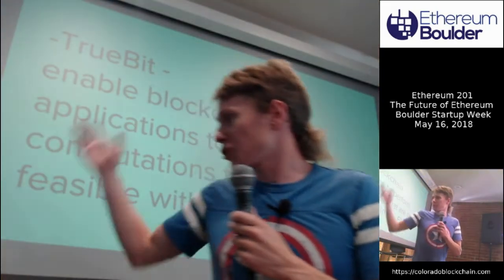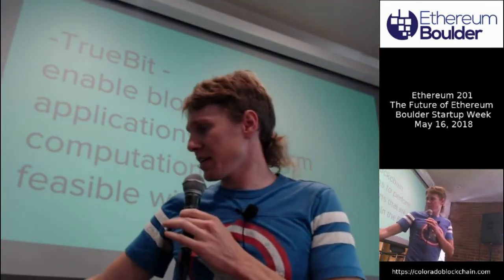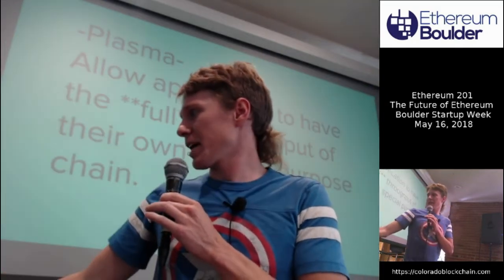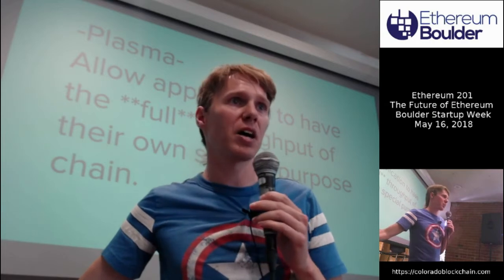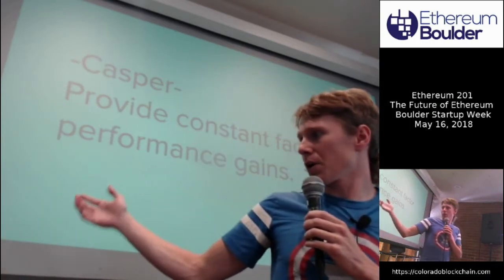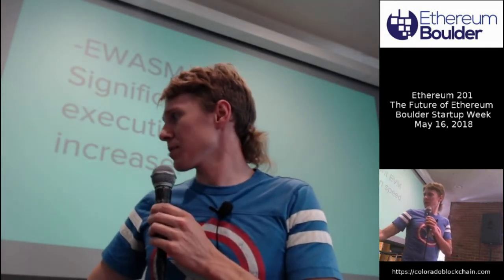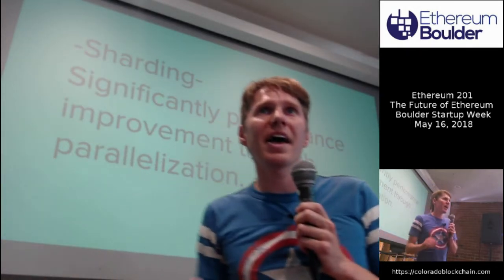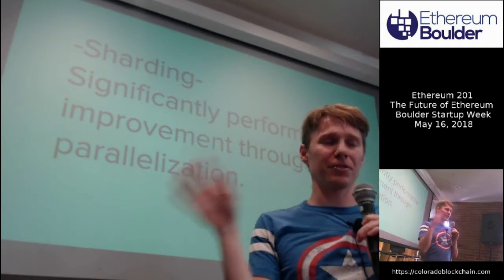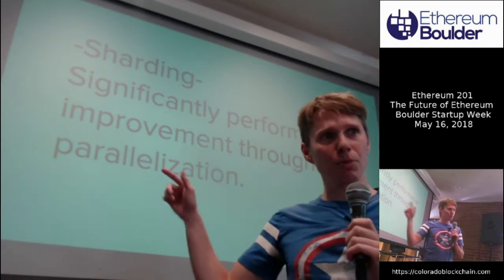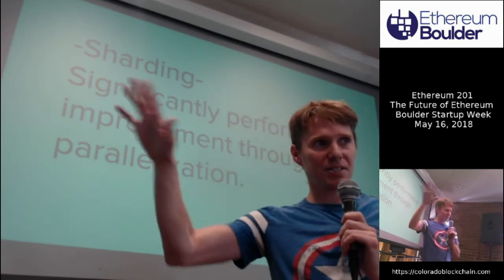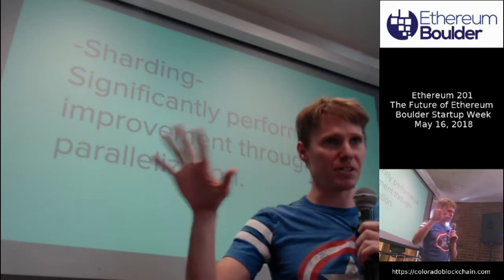So in summary, we've got these three, I'm really low on time, so I'm going to blast through these. We have these three application-specific things, TrueBit, Raiden, Plasma, and there's plenty of others. This is just the ones that I chose. And then we get these layer 1 ones, Casper, EWASM, sharding, and there's plenty of others. This is just the ones that I chose. And again, the numbers that I put up here on what the actual performance gain is are super fuzzy. But if you multiply all of those up together, we get somewhere close to those. And Ethereum again, Visa transaction throughput.